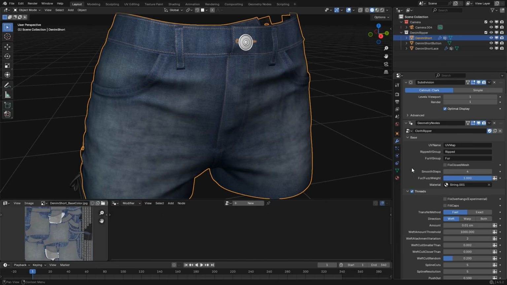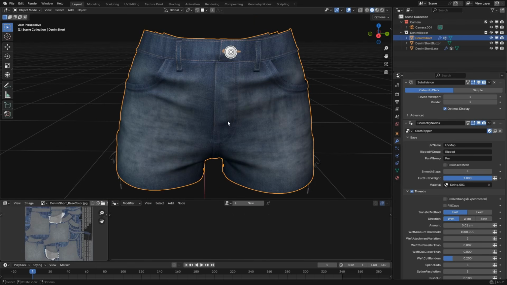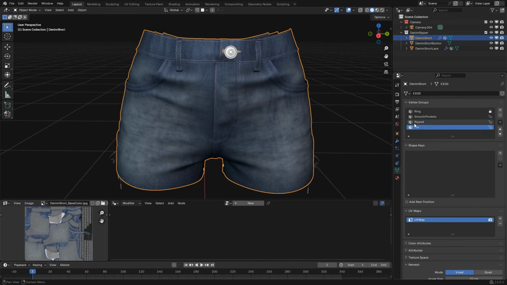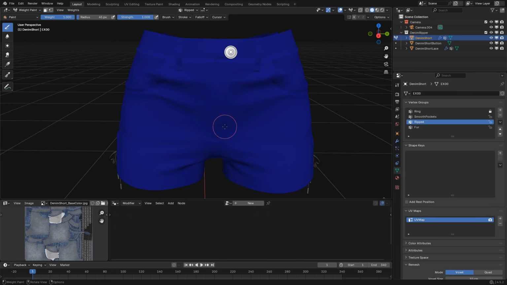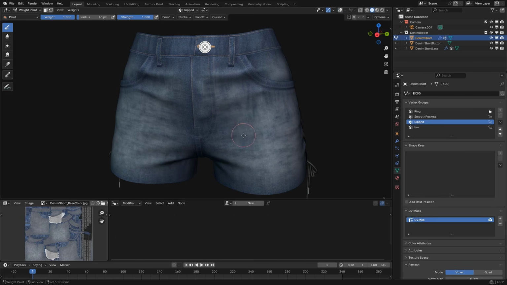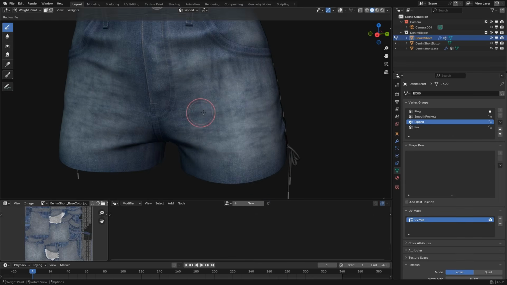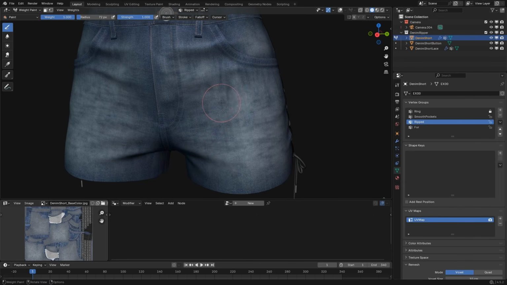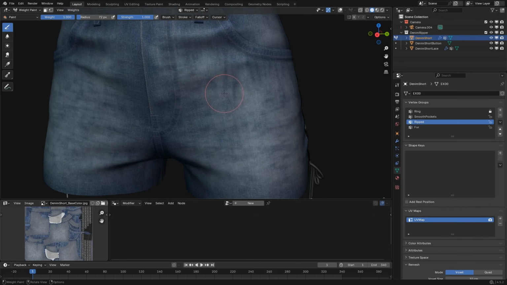threads, and we're going to talk about how to paint your vertex groups. Now the first thing you want to do is go to data, make sure ripped is selected, and then go to weight paint, and you can start painting. You could also do Shift Alt Z to disable the weight paint debugging mode or weight paint preview mode, and you can start painting your